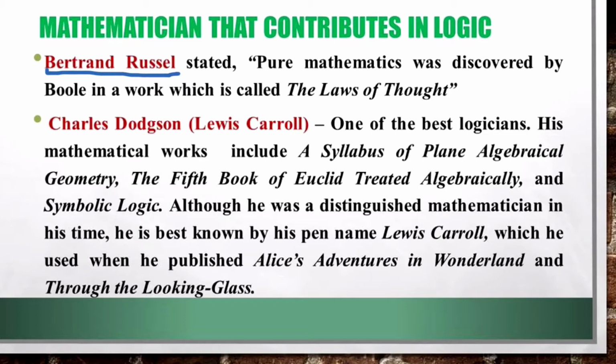So one of the best logicians, his mathematical works include A Syllabus of Plane Algebraical Geometry, The Fifth Book of Euclid Treated Algebraically, and Symbolic Logic. So although he was distinguished as a mathematician in his time, he is best known by his pen name Lewis Carroll, which he used when he published Alice's Adventures in Wonderland and Through the Looking Glass. Sabi nga natin, although siya ay mathematician, mas nakilala siya sa pen name niya na Lewis